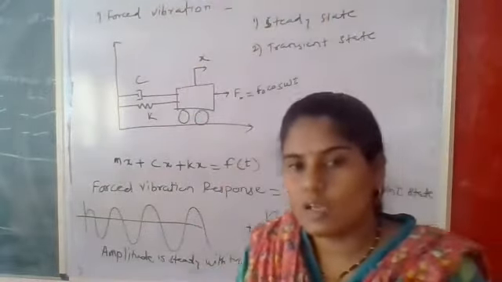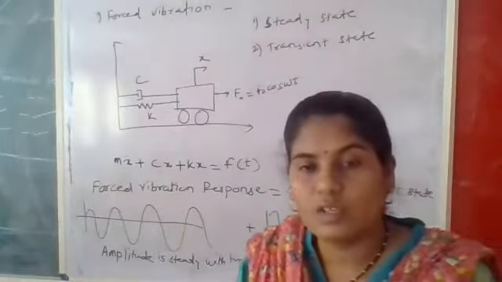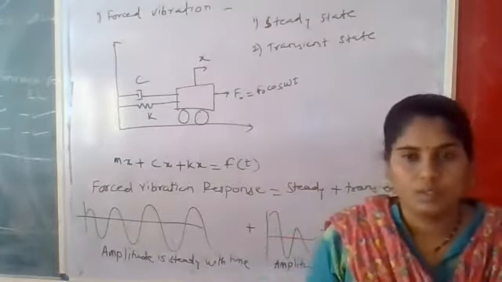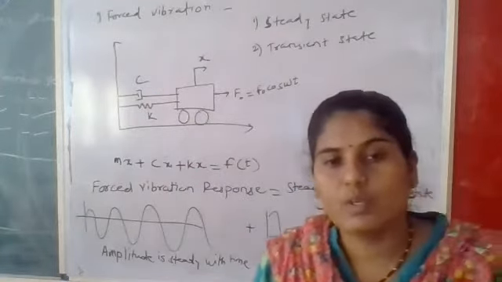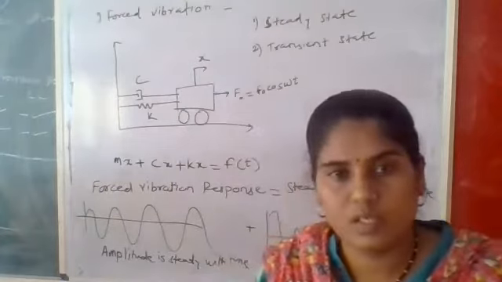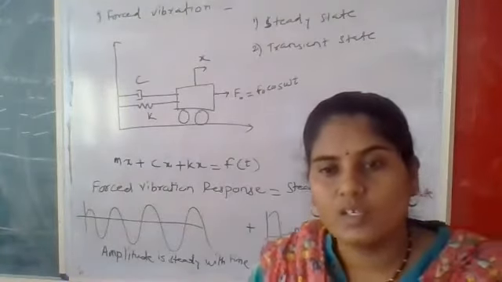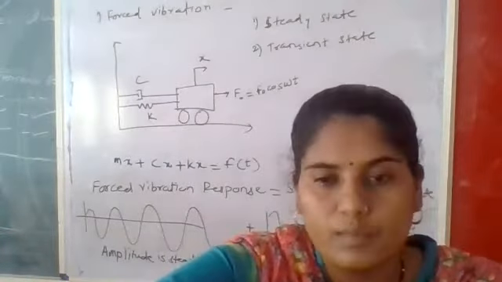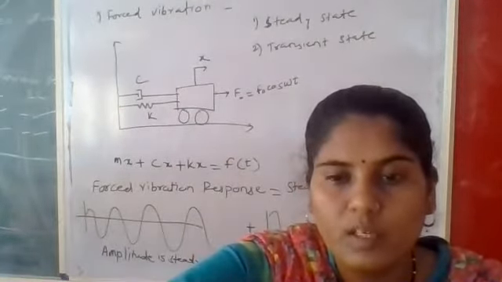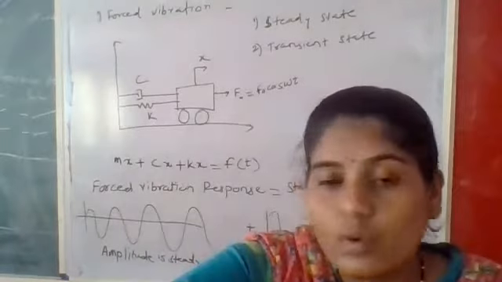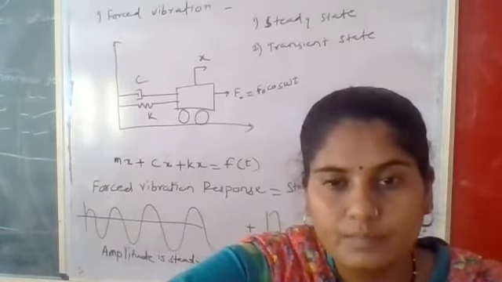Already we have seen in the last chapter what is meant by forced vibration and what the difference is between forced vibration and free vibration. What is meant by forced vibration? The vibration which occurs because of applying an external force to the system. The forced vibration is nothing but when an external force is applied to the system, then whatever vibration or movement is produced in the system is known as the forced vibration. Okay, that we have seen in the last lecture.